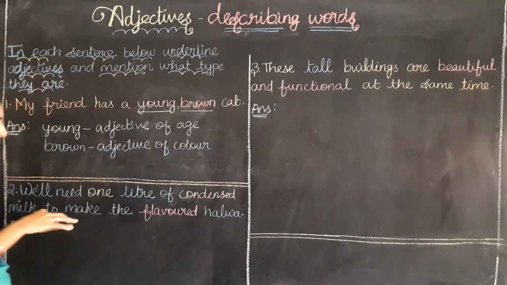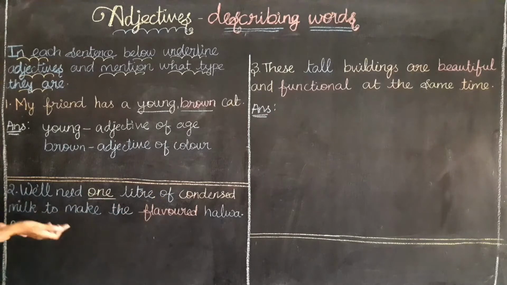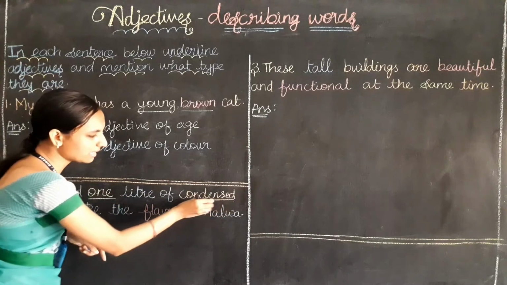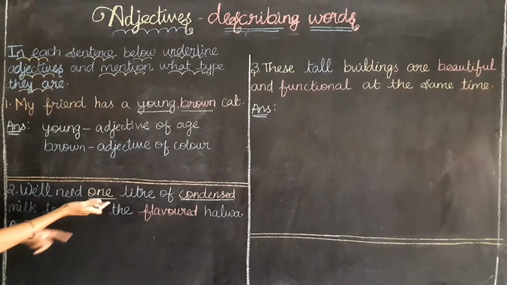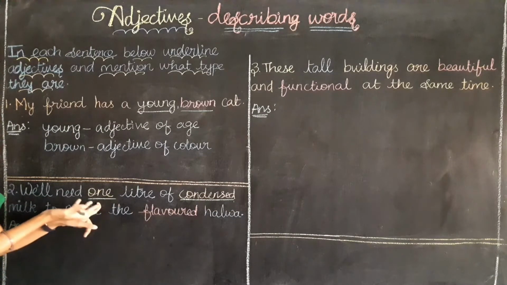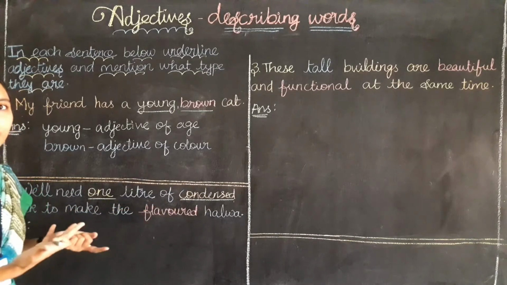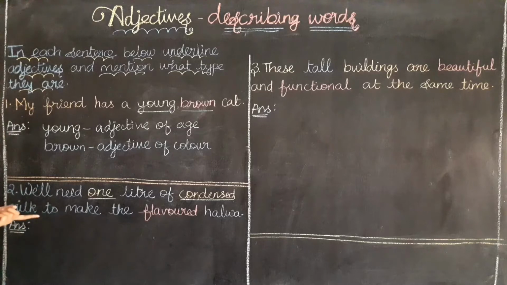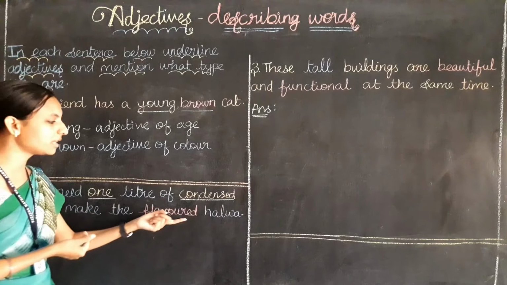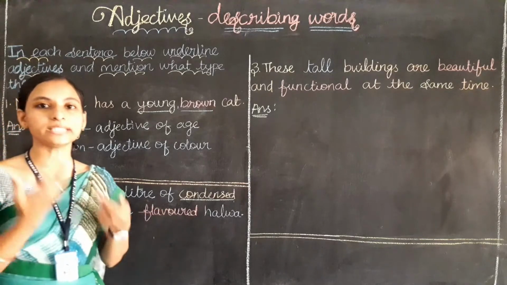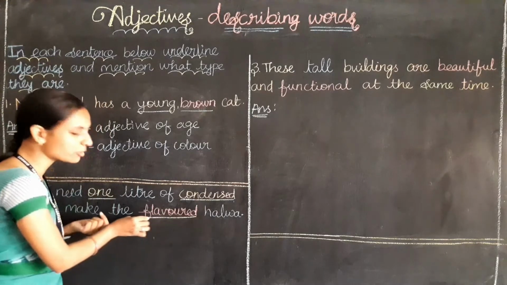Yes, they bought 1 liter of which kind of milk? Condensed milk. So condensed is also a describing word. 1 liter, here we can know how much milk they have bought, and condensed means which kind of milk they want. Okay, then to make the flavored halwa. This word flavored means it talks about the taste. Am I right? It talks about the taste of halwa. So flavored is also the